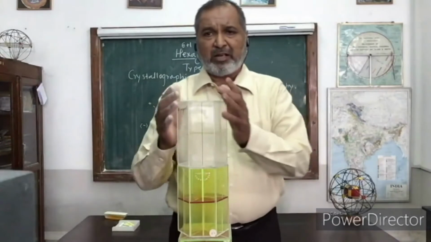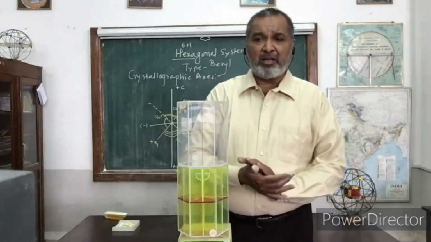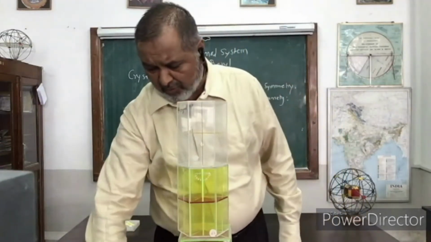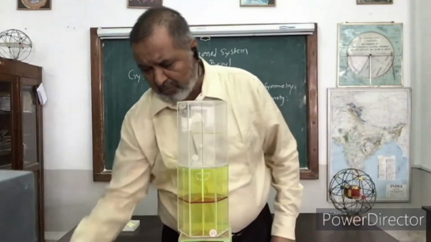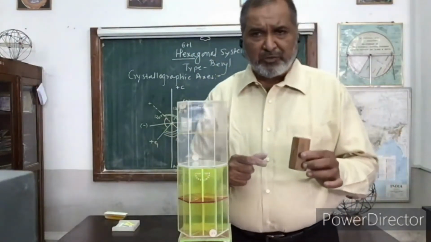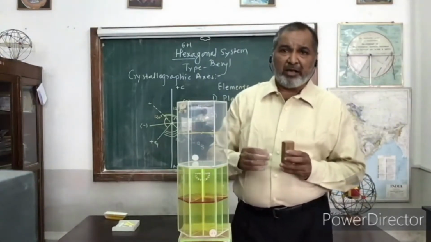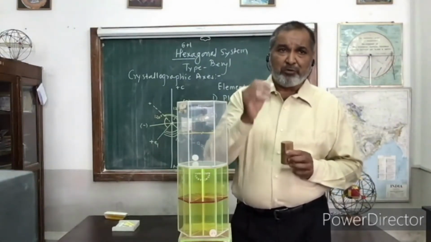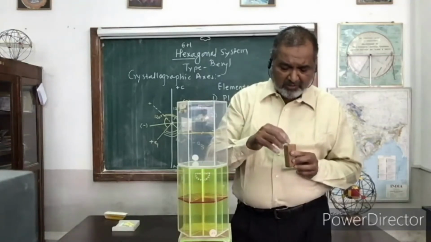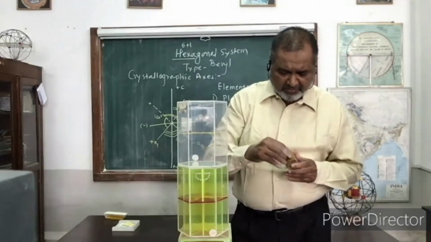So here we have a glass model. With this glass model we will try to find out how many planes there are. First simple rule says, or we have a wooden model with us. In that wooden model, we can straightaway make out the first simple thing: whenever you start drawing any plane, I told you the rule, draw from the center of the faces. So I will draw the first plane from the center of the faces.